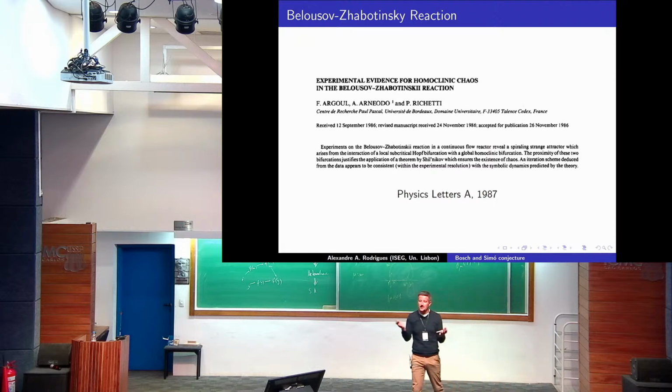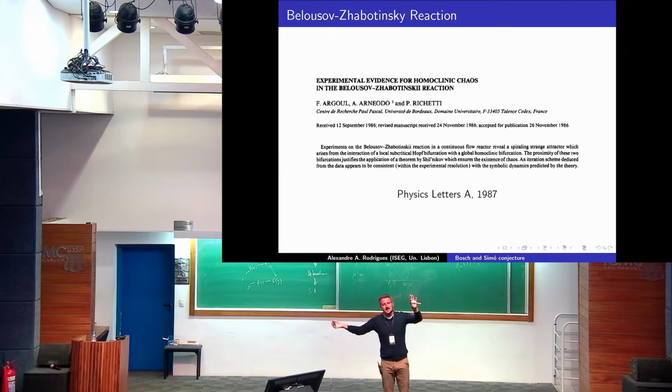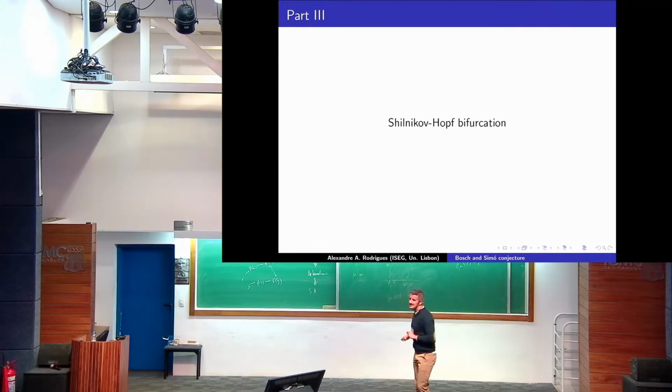There are several papers relating the Belousov-Zhabotinsky reaction with a bifurcation that I'm going to call a Shilnikov-Hopf. And from now on, I'm going to be a little bit more rigorous, okay? So this is the goal of my work: the characterization of the Shilnikov-Hopf bifurcation motivated by the Belousov-Zhabotinsky reaction,